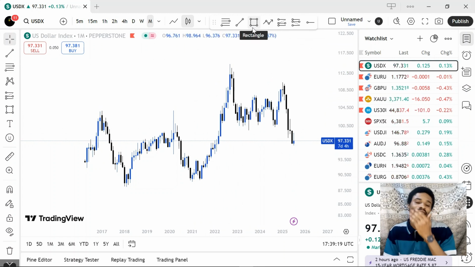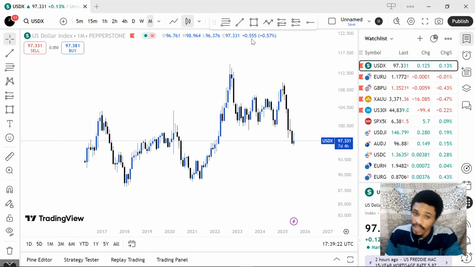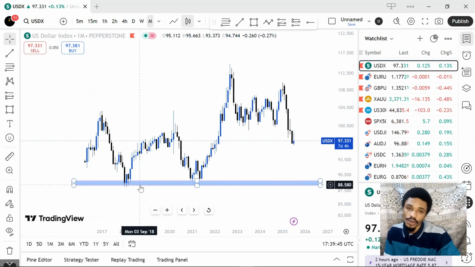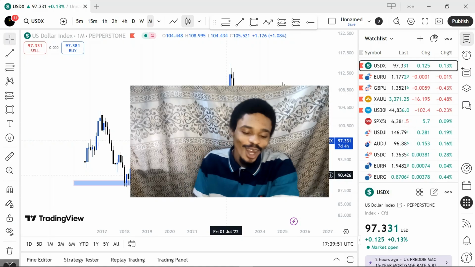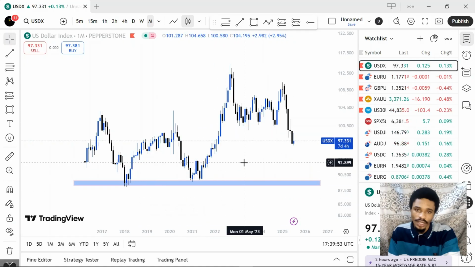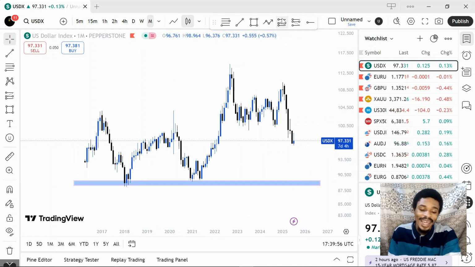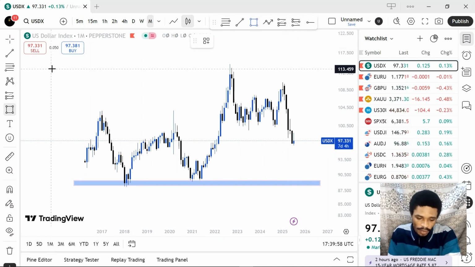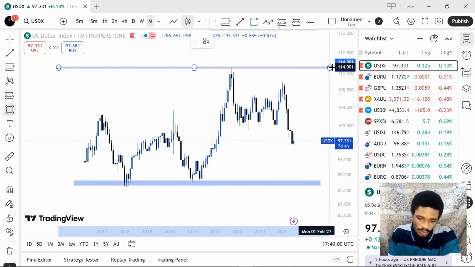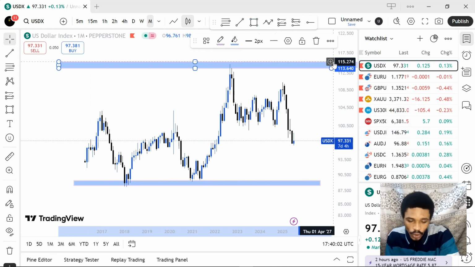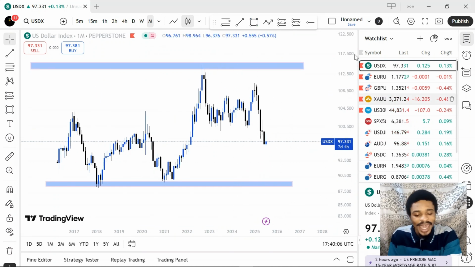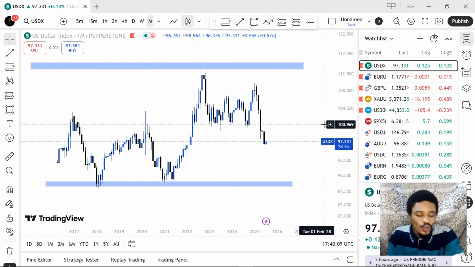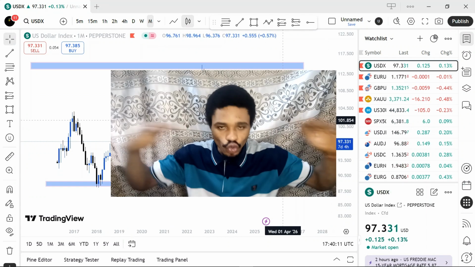First of all, identify the highest and the lowest demand. So this is a support zone, and this is the lowest we have. What is the highest resistance zone we have here? This is the highest we have all time, 115.274. All right, so in between these, the next thing to look for, since we are in the middle,